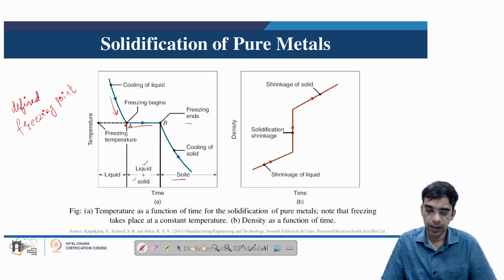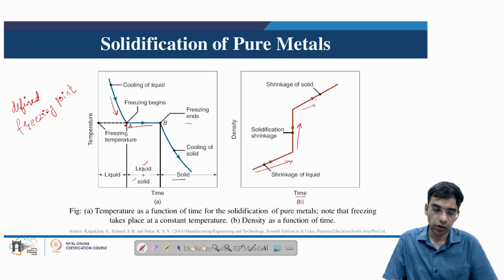If we plot the density versus time for the same solidification route, as the solidification progresses there is a gradual rise in the density of the product. During the loss of latent heat of fusion, there is a sudden increase in the density as more and more liquid converts into solid, and upon entering the end of the freezing stage, again there is a gradual rise in the density. Here everything is taking place at a fixed temperature, because in a pure metal the freezing point and melting point are defined at a single value of temperature.